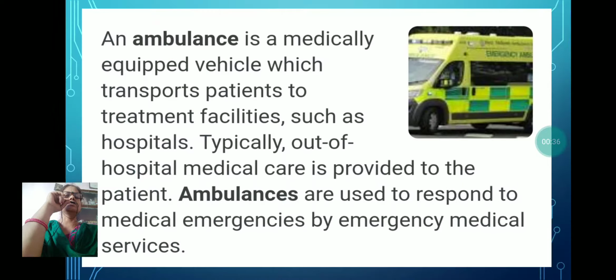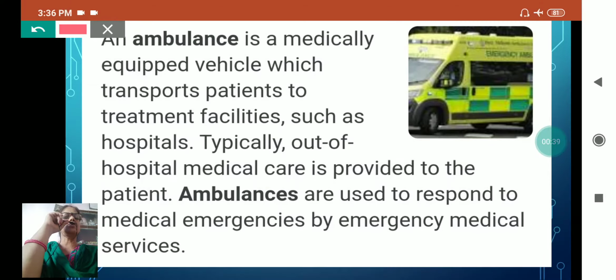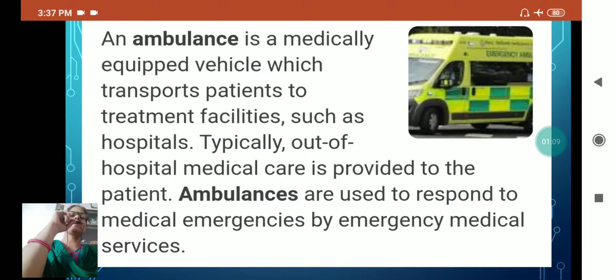See, first is the ambulance, and all of you know, right now in the news channels also, you can see how much ambulances are needed. Why? Because it is a medically equipped vehicle for transport of patients. It has treatment facilities, and there are sirens also, meaning an ambulance makes a different type of sound so that people can give it way. These are the facilities when you move in an ambulance. That's why severe patients are carried in the ambulance. There is a sleeping seat and all the medical facilities.